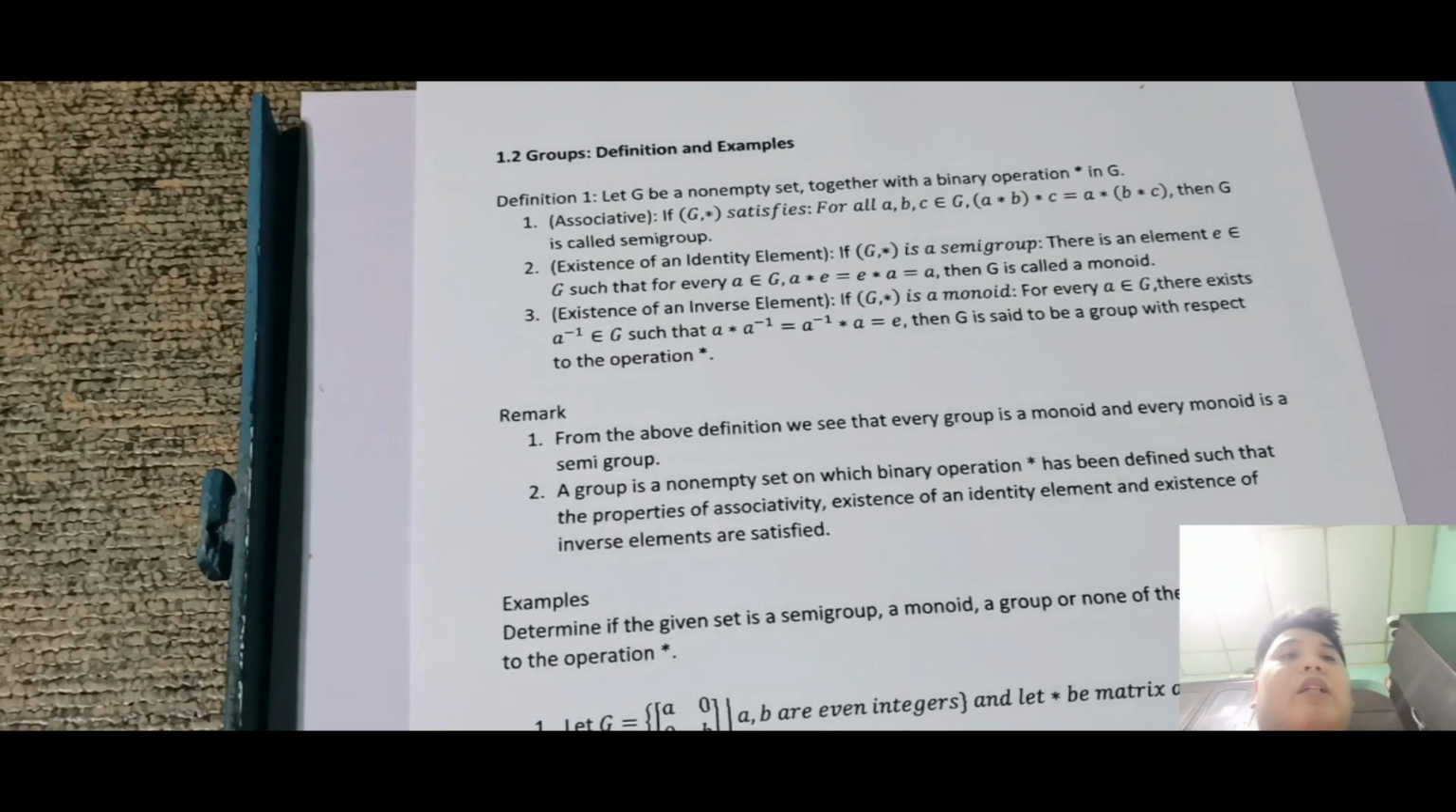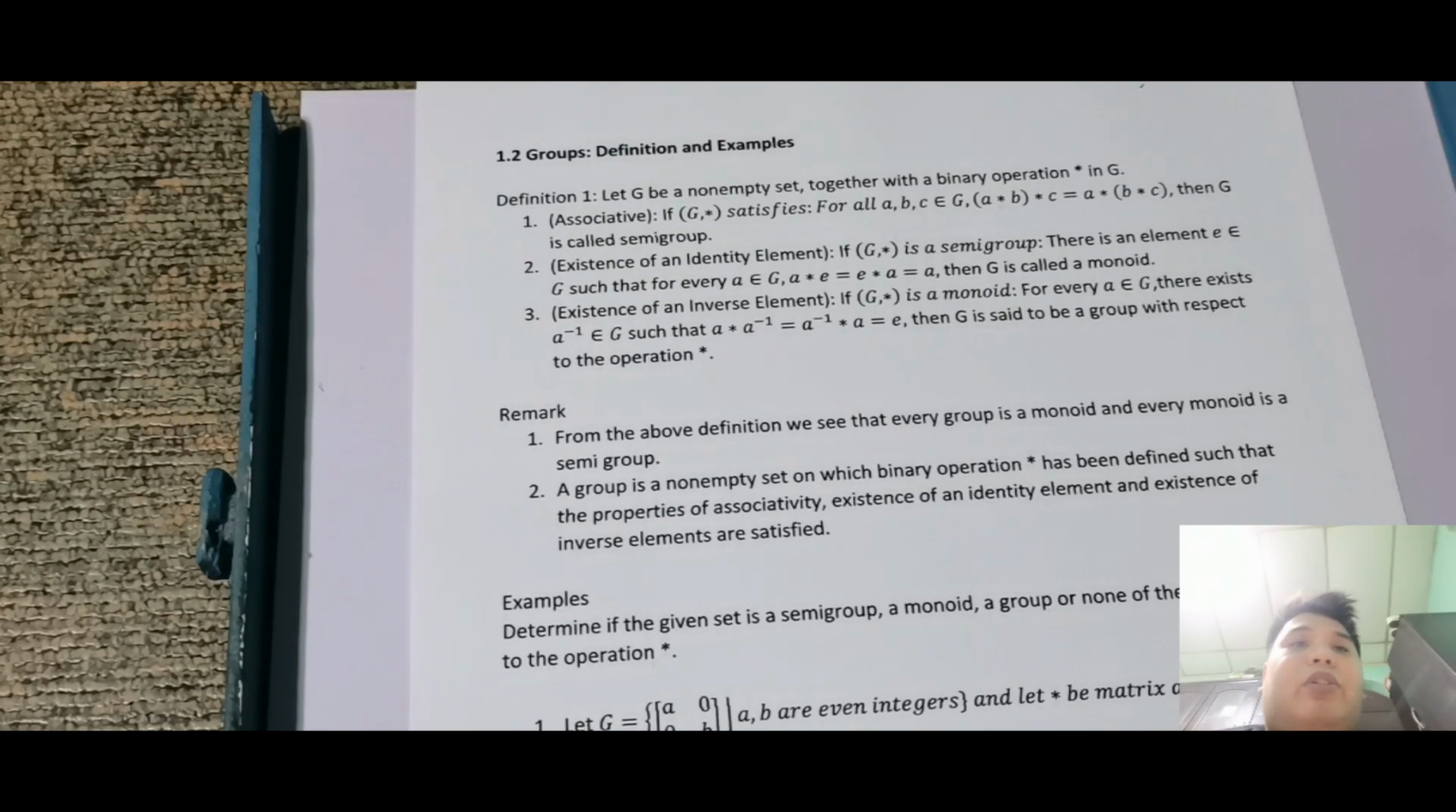So definition number 1, let G be a non-empty set together with the binary operation asterisk on G. So meaning define na yung asterisk dito. So meaning yung non-empty set G natin define na yung kanyang binary operation. So just like dun sa isang definition in previous video. Okay, so number 1, so again given na siya ay define na yung binary operation or yung asterisk sa binary